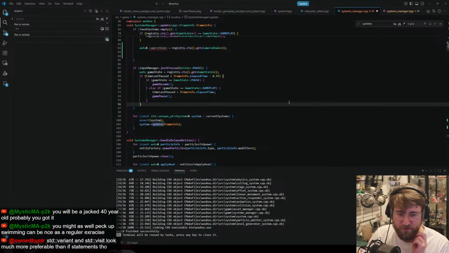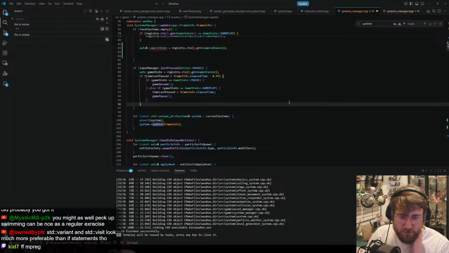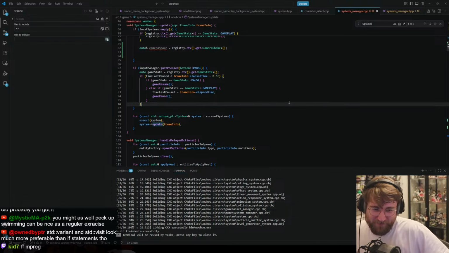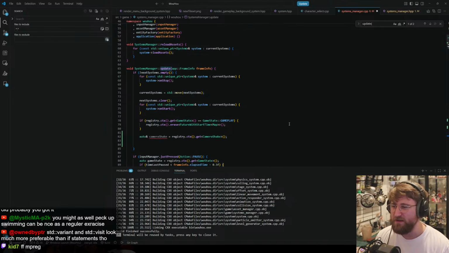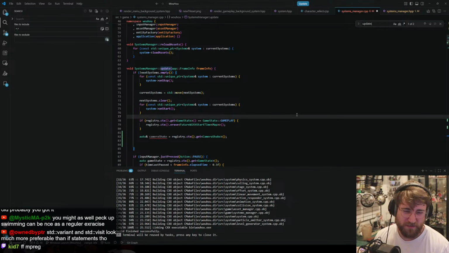Variant and visit look more preferable than if statements. Where are you looking? FFmpeg. Hell yeah, buddy. Back up swimming. Variant and visit look more preferable than if statements. I use variants. Variants have some dog shit syntax though. I know they're trying to fix it in C++